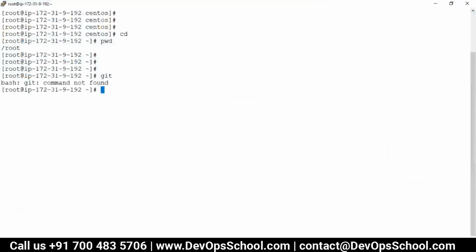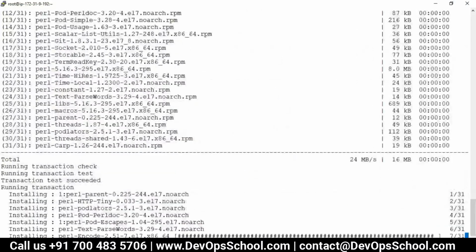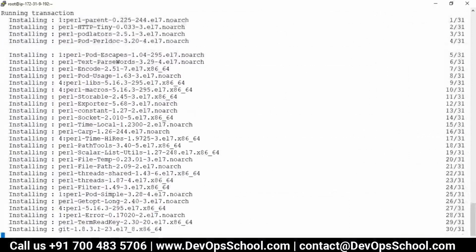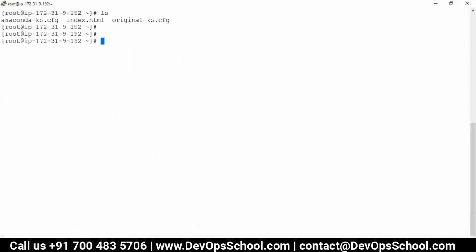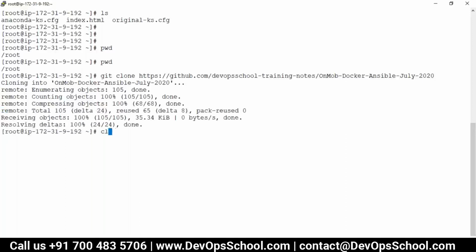So is git there? If not, yum install git -y. So guys, from now onwards you won't get a separate machine, but this machine will become everyone's machine. Remember, this is the path. Don't work in the CentOS root. Here I'm cloning this repository, and I got this file.